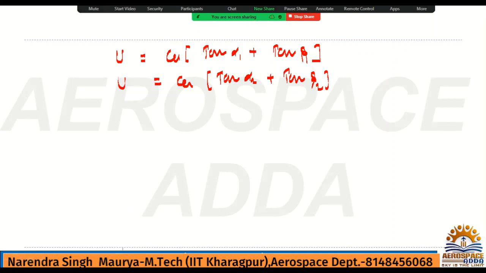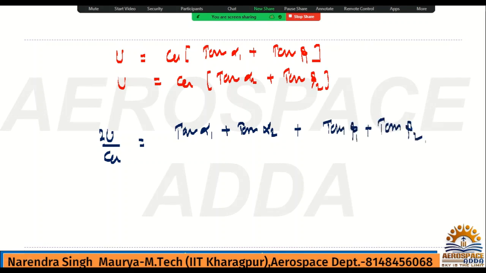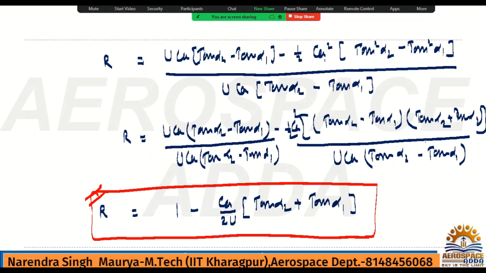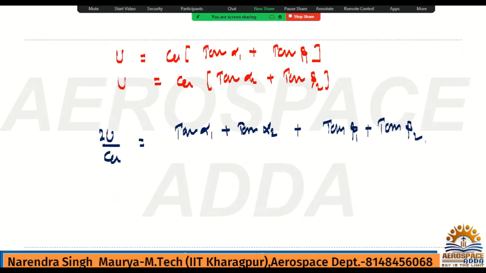So use this relation. What will you have? You will have 2U, directly I am writing 2U by CA, because U by CA is equal to tan alpha 1 plus tan beta 1, and similarly U by CA is equal to tan alpha 2 plus tan beta 2. If you add both, then what will you get? Tan alpha 1 plus tan alpha 2, here tan beta 1 plus tan beta 2. This you will get. Simple. So in this formula, R is equal to, here if you check, we can write that result for tan alpha 2 plus tan alpha 1. So what will be the value? R is equal to,